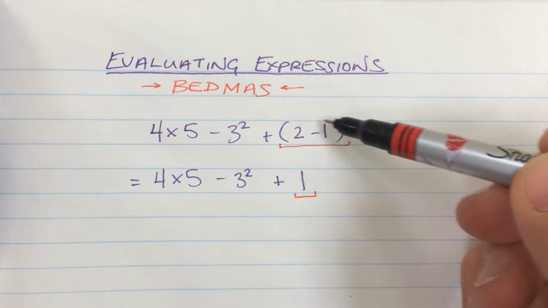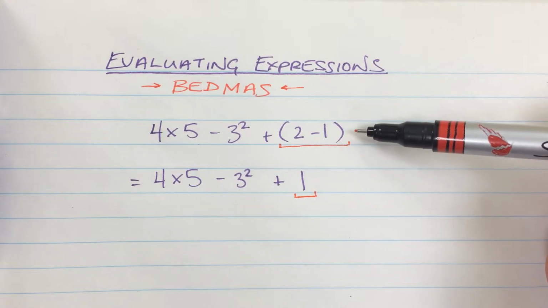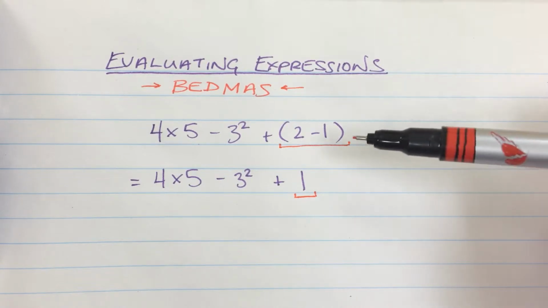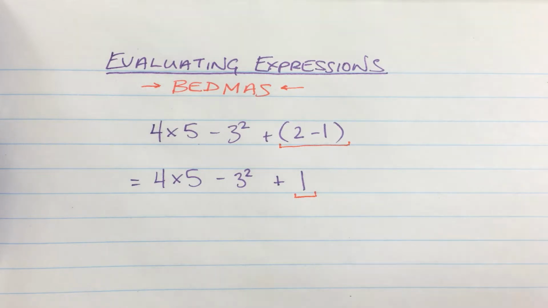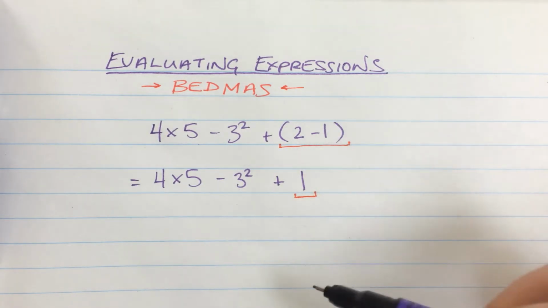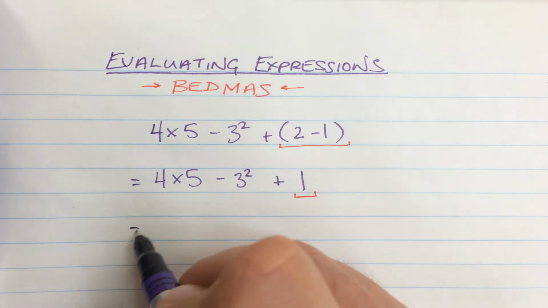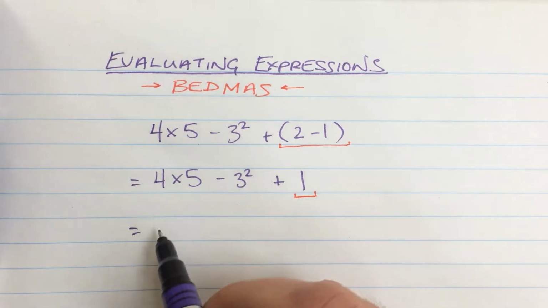I simplified this to get this. And also because this line really is equal to that line. A lot of you are writing this equals 2 minus 1 equals 4 times 5 equals, those things aren't equal. So these two expressions are equal, and I'm going to continue to write down equivalent expressions as I go along here. The next one I'm going to do, I have an exponent on the 3,